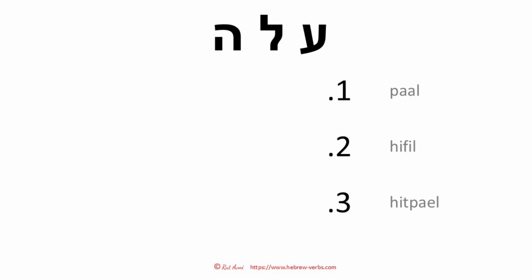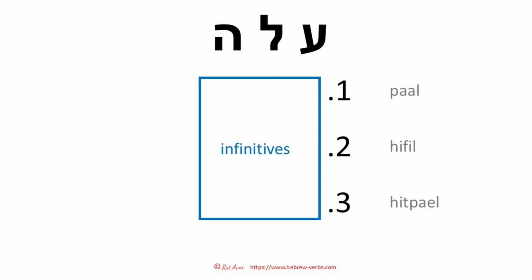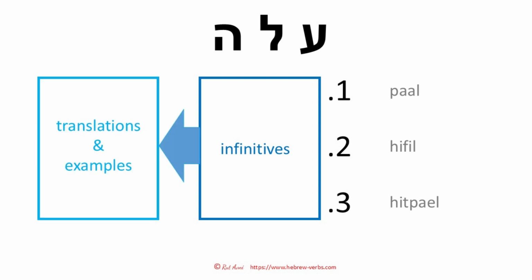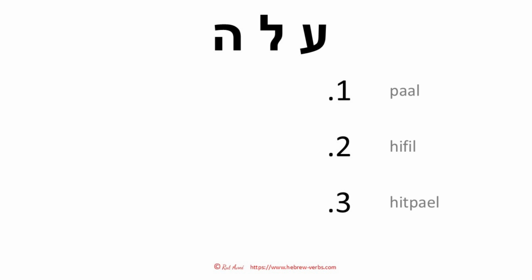Okay, cool. And now we come to making infinitives. In this root, we have 3 infinitives. We have actually 4 binyanim because most of the time when there's hif'il, there's also huf'al, but we only have 3 infinitives. We will now make infinitives and then I will show you translations and examples. So stay with me. We start with pa'al. Here we have